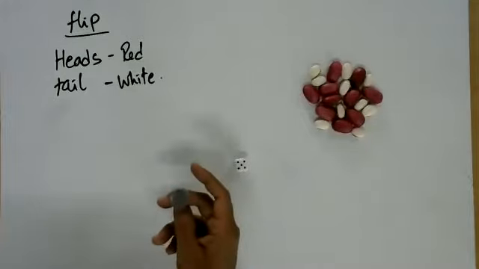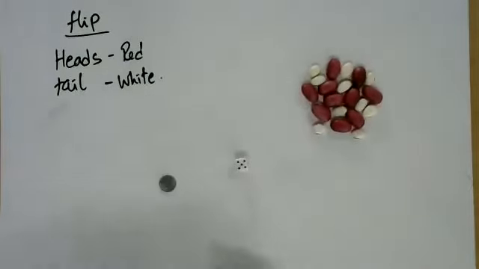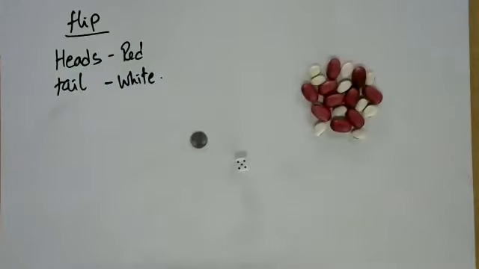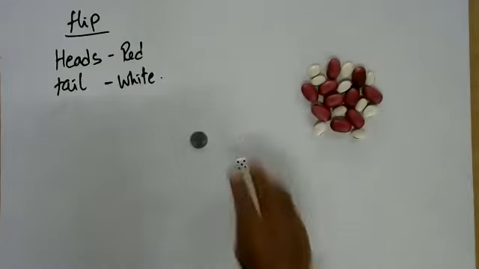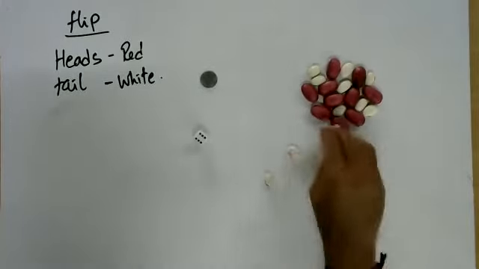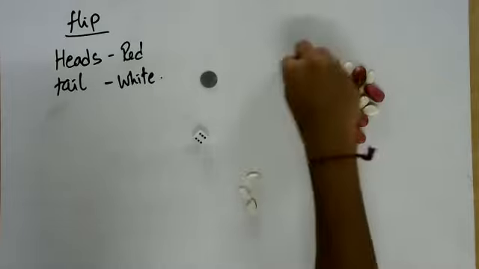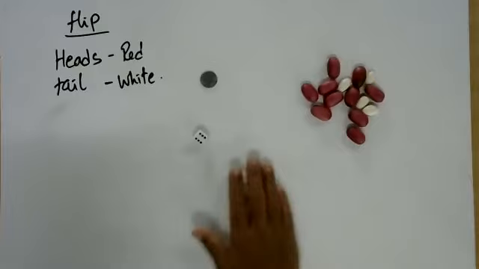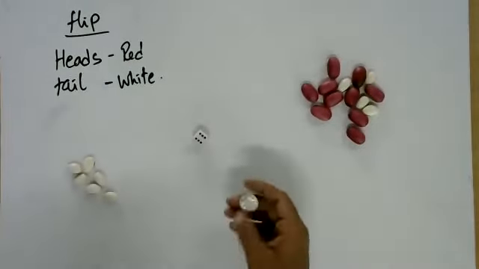So I'm going to flip the coin now. Sir, what's the heading? I got the tails. Just put it as beads game or bean game or counting game, whatever you want. Okay. So that's a tails. That means I have to go for white. But how many whites? 6 whites. 1, 2, 3, 4, 5, 6. Have I got 6? Yes, sir. Yes, 6. Okay. So I've got 6 whites.